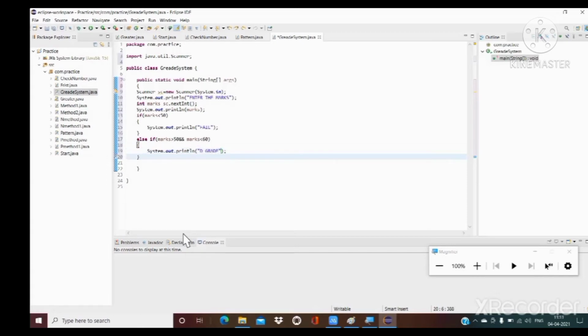After that we are taking one more else if, and here we are taking the conditions as marks is greater than 60 and marks is less than 70.